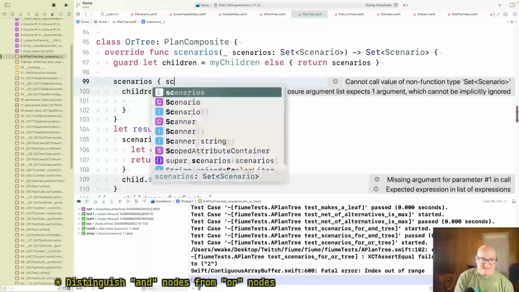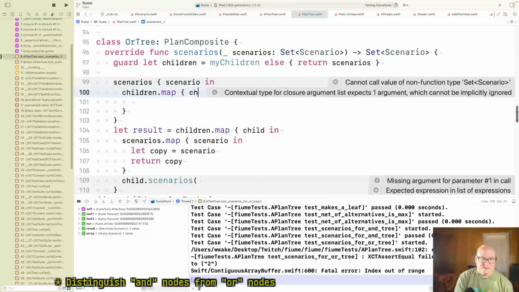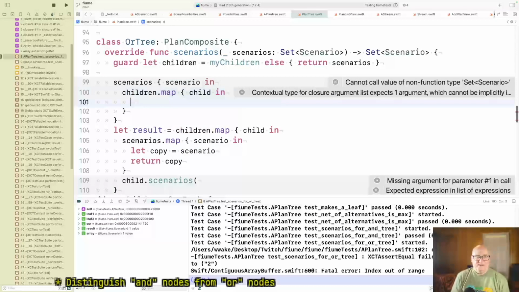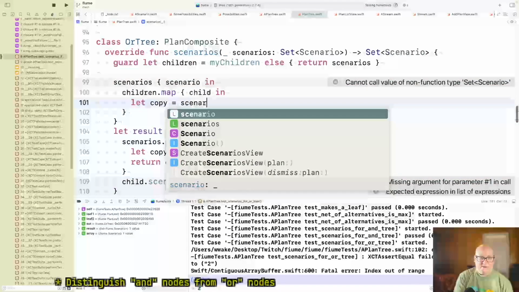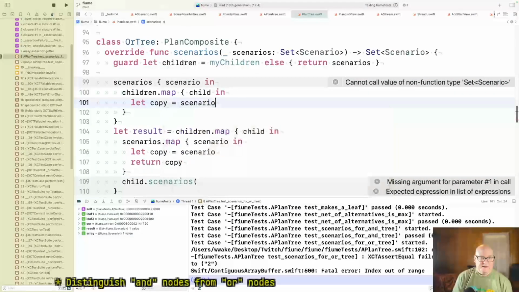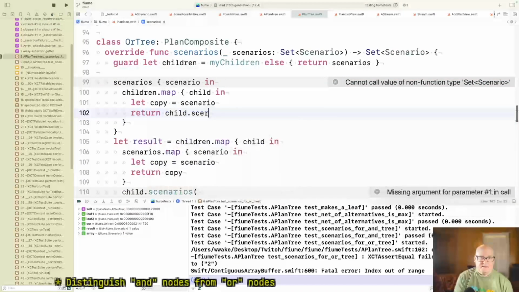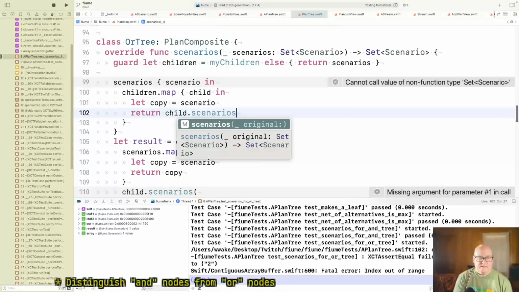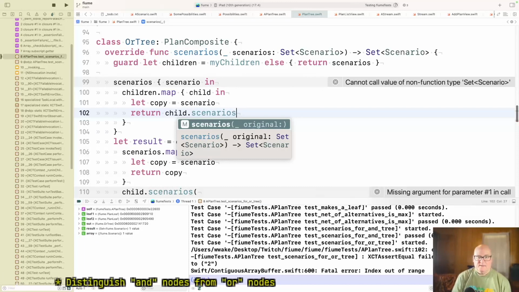Okay. And this is child in. Okay. You gave me scenarios. I want to make my copy. Copy equals scenario. And then I want to apply my child to it. But that's a set. That's why I'm getting balled up.